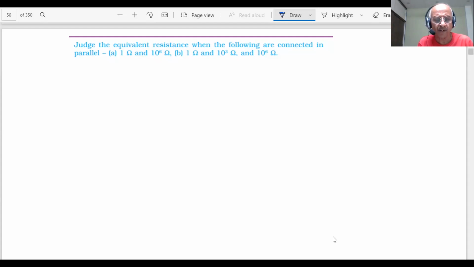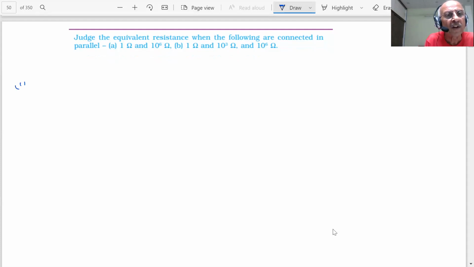In the last lecture, students, we discussed how we can connect different resistors. There are two ways in which we have shown the connection of resistors. What are the two ways, students? We have shown you that the resistors can be connected in series. When you connect the resistors in series, we have derived a formula also. If you have R1, R2 and R3 resistances connected in series, what happens?